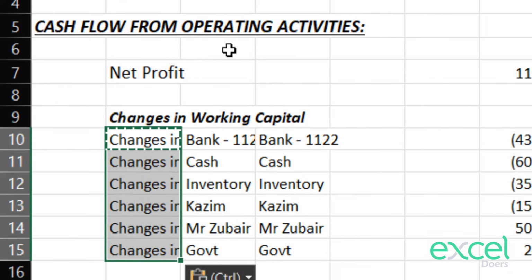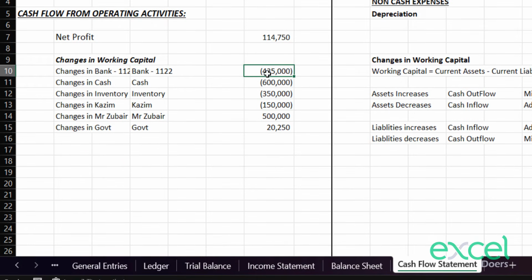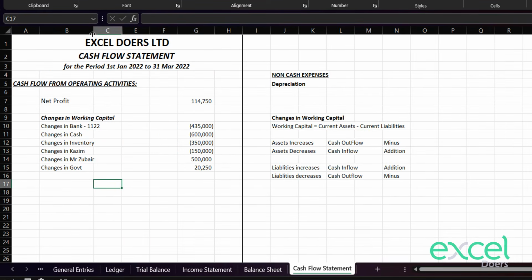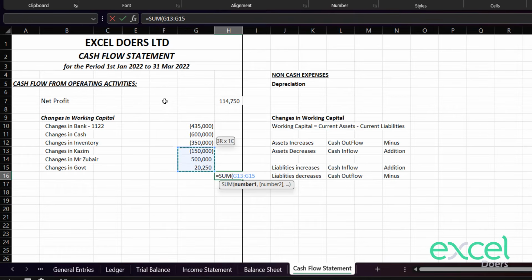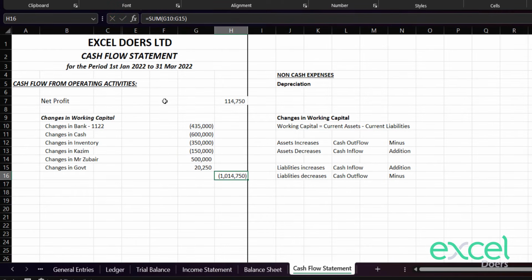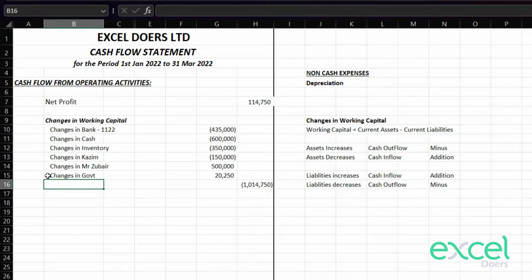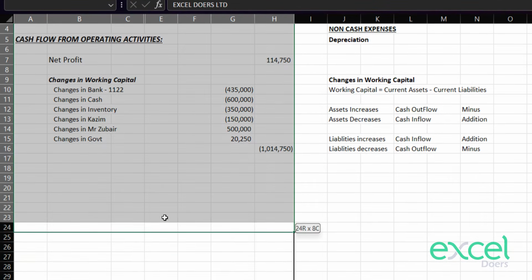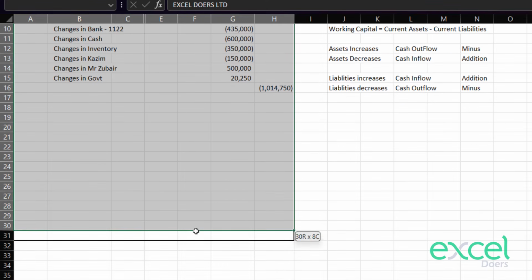I can bring it down because this value is used for VLOOKUP. I can hide that, right, and just increase it, right? So changes in working capital, and I can indent them, right? And this value I can bring in the first column. In this one I can sum all of them and close the bracket, and this is basically the changes in working capital,